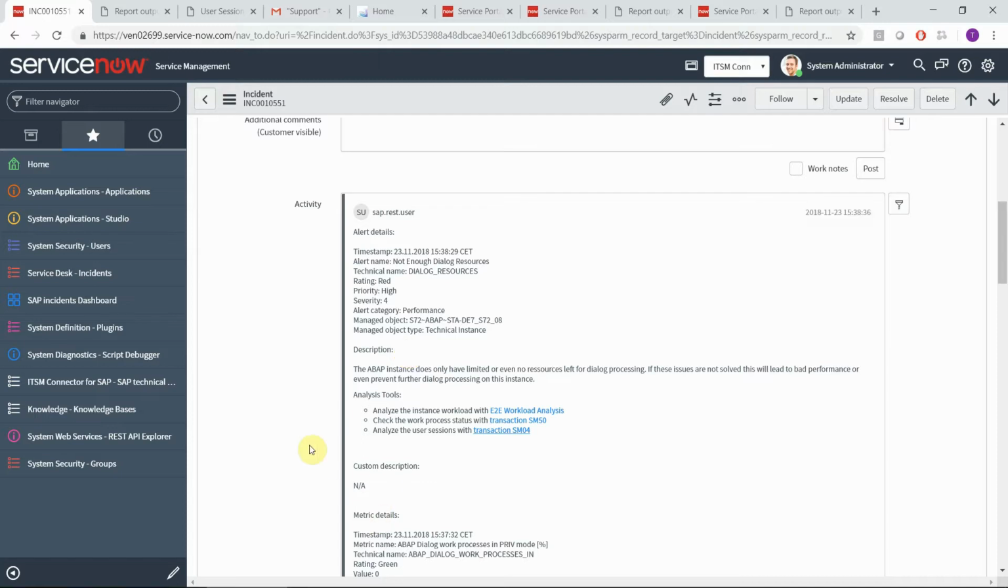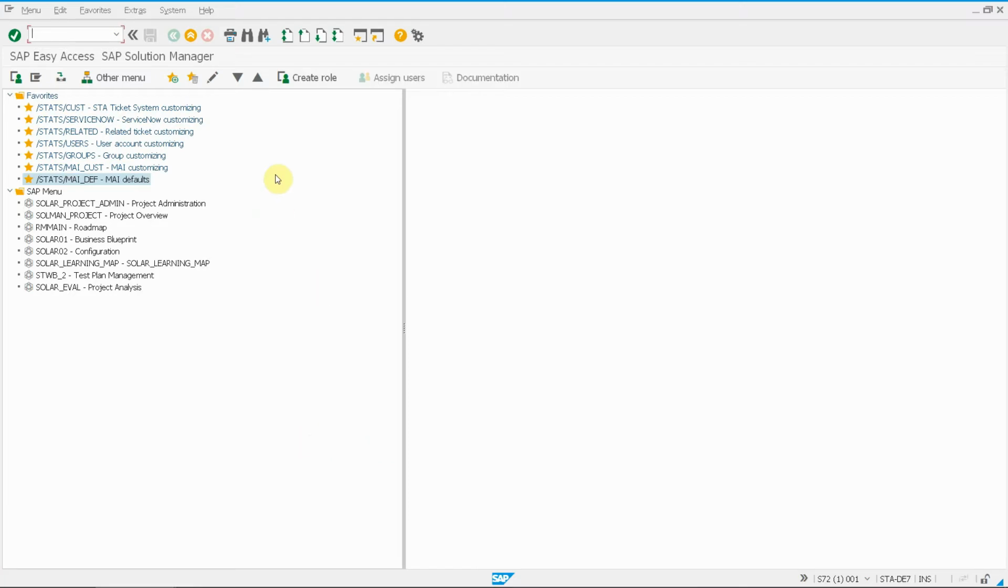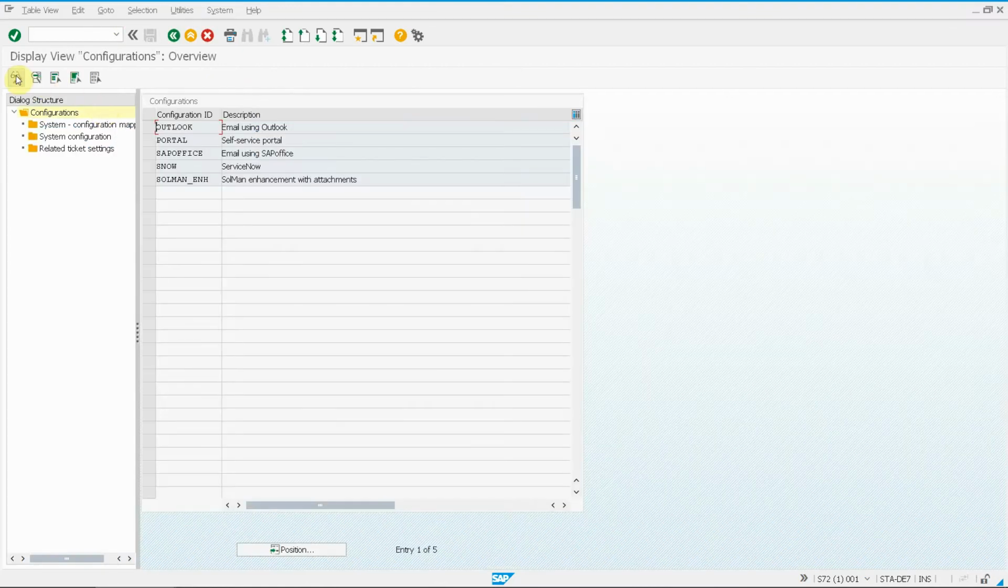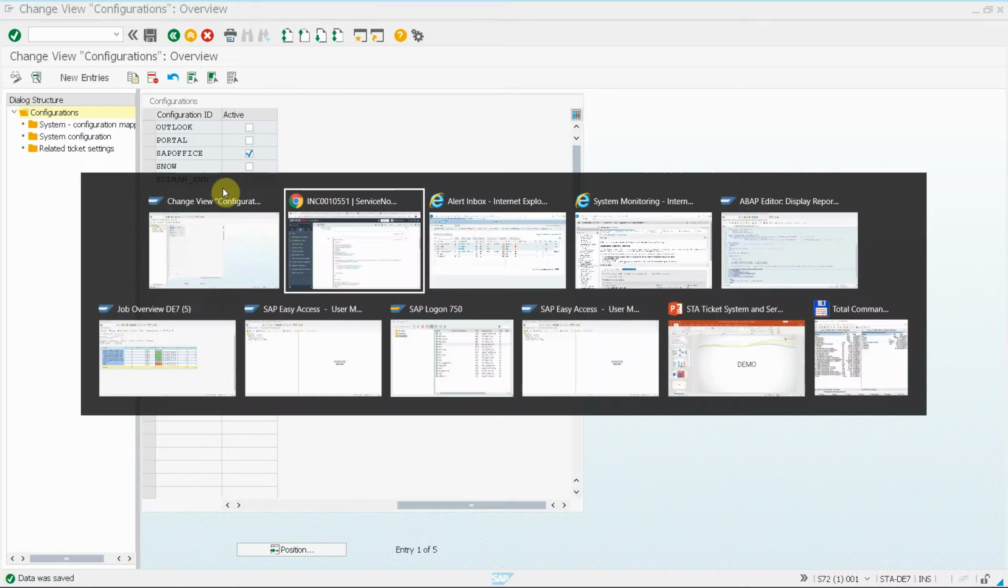So let's jump back to the configuration again, and let me show you the different deployment options that we briefly talked about. For this, now I will deactivate the ServiceNow interface and activate the SAP Office-based email sending. So I press save, I go to